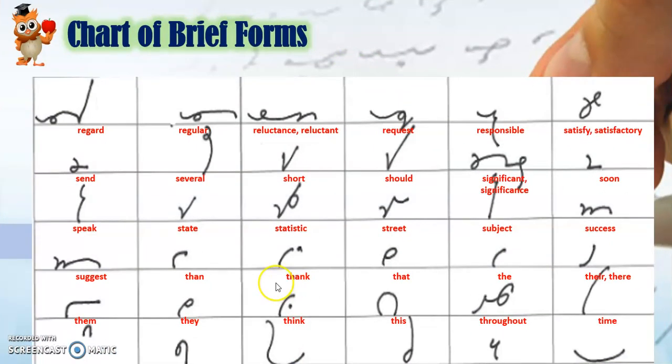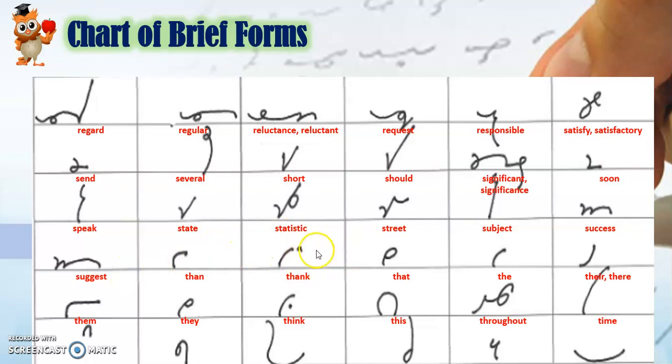Alright. Last set, we have here regard, regular, reluctant, reluctance. We have 2 for this one. Request, responsible. We have here satisfy, satisfactory. Send, several. Short, should, a bit longer. Significant, significance. We have 2 here. Soon, speak, state, statistic, street, subject, success, suggest,